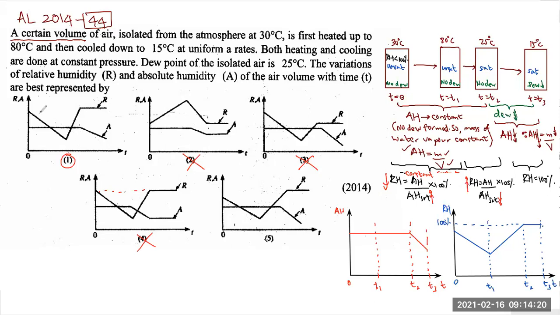First of all, we have to check where the graph is starting. So let's compare. Yes, that's okay. The graph is starting below 100. Then the next point we have to focus on is this point. When RH becomes 100, is AH exactly starting to reduce? So the first one looks fine to me.